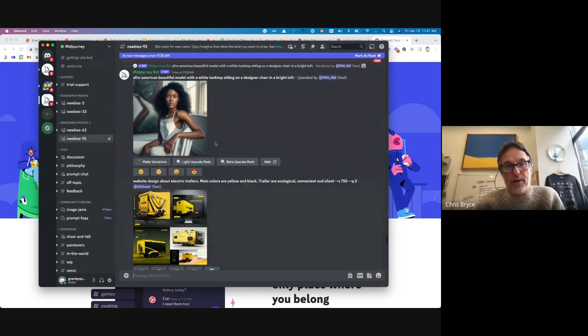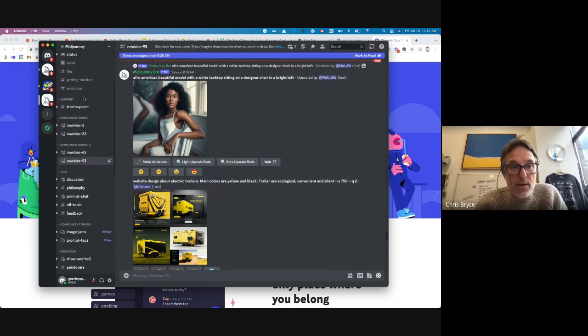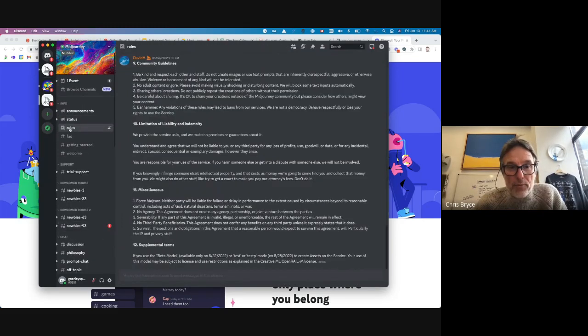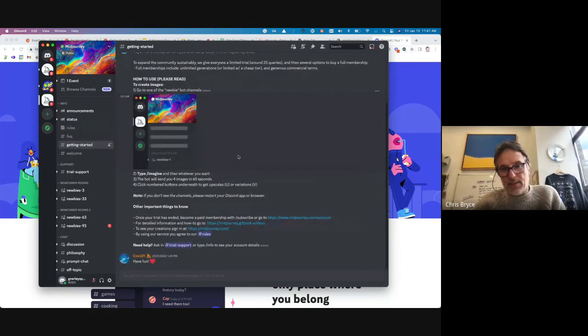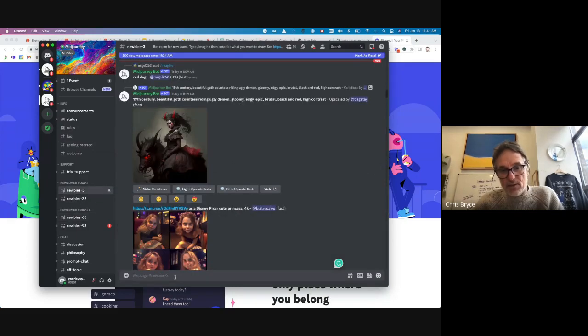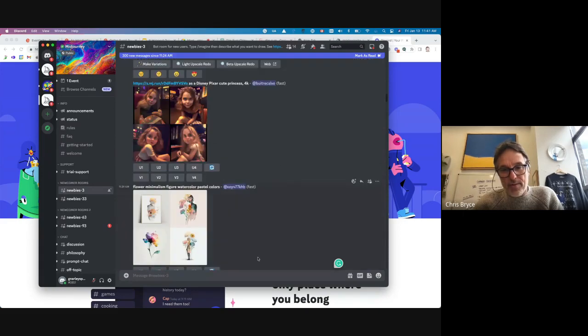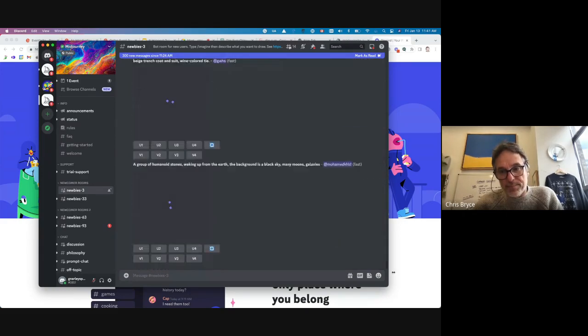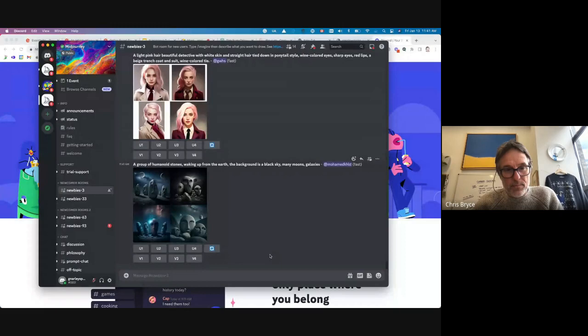So basically, when you click on it, you're on the server. When you get there, you will land on the rules page, and I think getting started. It basically says, here are the house rules. Reload your Discord browser, and then you'll see these newcomer rooms. These are the places where you would just enter random text describing what you want this thing to make for you. That was a really quick version of answering a question.